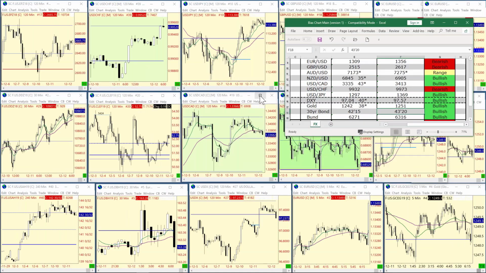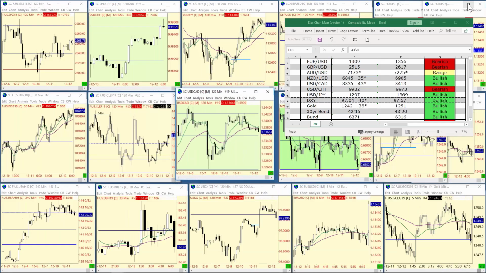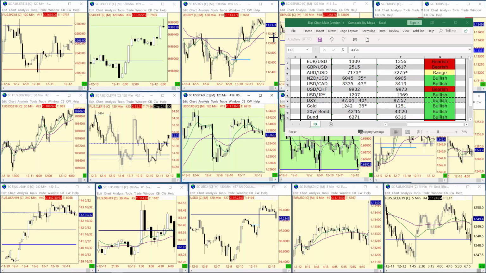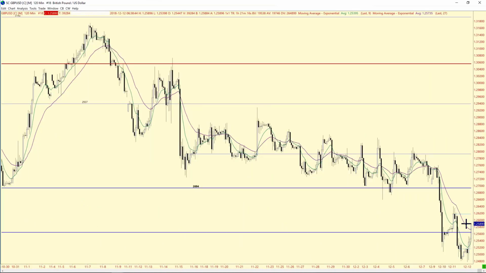Well, this is nice to see. Dollar CAD now easing down here. Dollar yen just barely easing back. You're really making a punch right in here. Here's sterling. Here's cable. You see here, we're talking about this. Now we have resistance at 26.17.